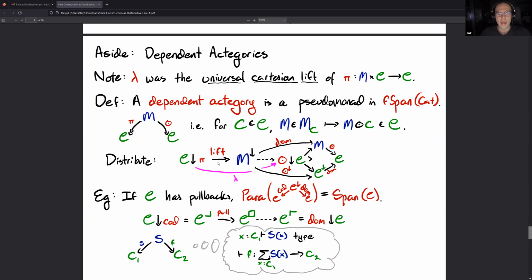And one way to think about that is that if we imagine that this codomain fibration is giving us dependent types, then you can see that this is very much a dependent actegory where the dependent product here is, or dependent sum. The action is we take pairs, but now the parameters can depend on which of our particular input variables. So I hope that you can see that in that bubble there, it actually looks a lot like para, but now our parameters can depend on our particular input